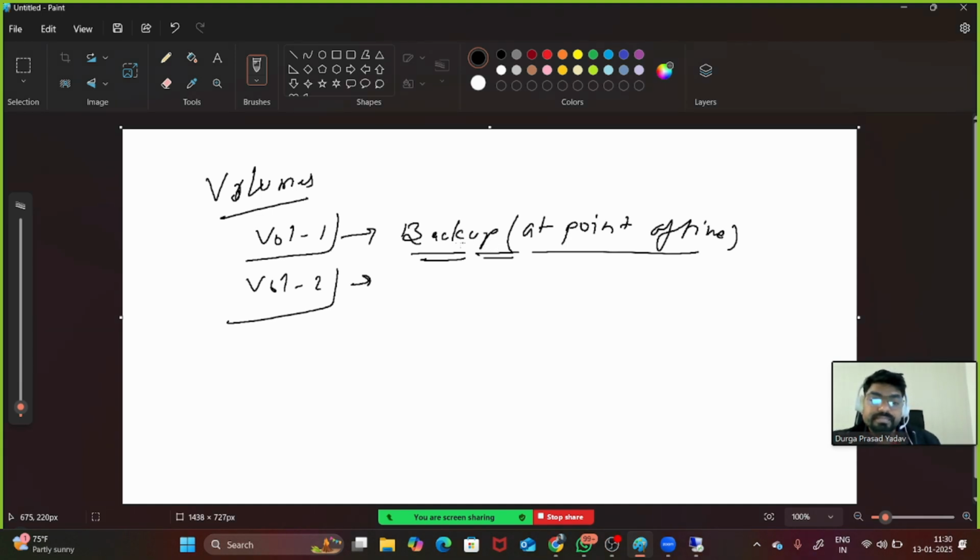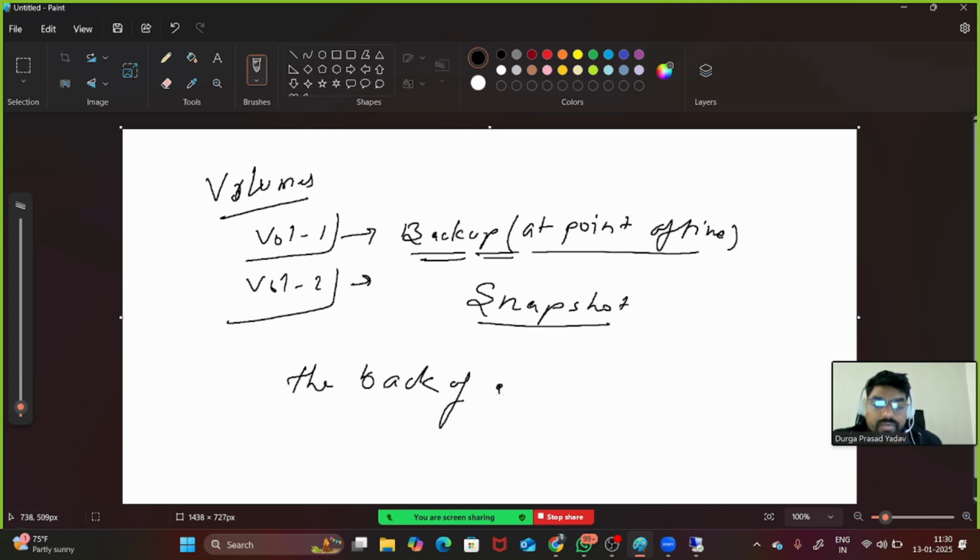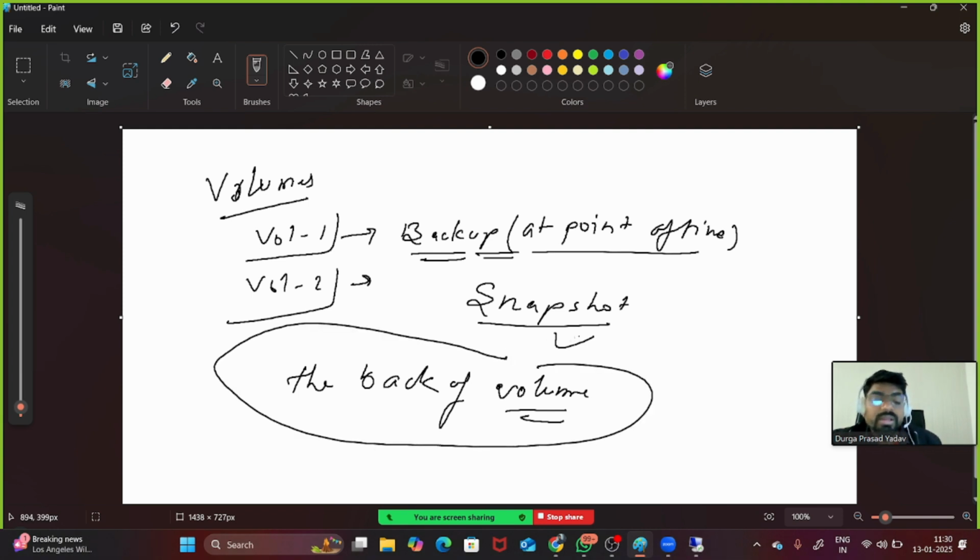Snapshot is the backup of a volume. You can take the backup of the volume and you can remove that volume whenever you need, let's say after 20 days, 30 days, 1 year. If you need to recover the data from this snapshot, you can easily recover the data. For example, let's say